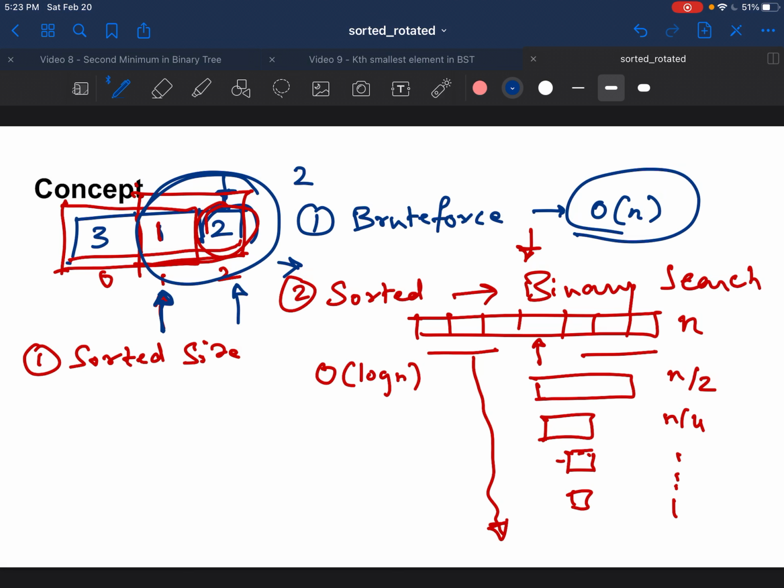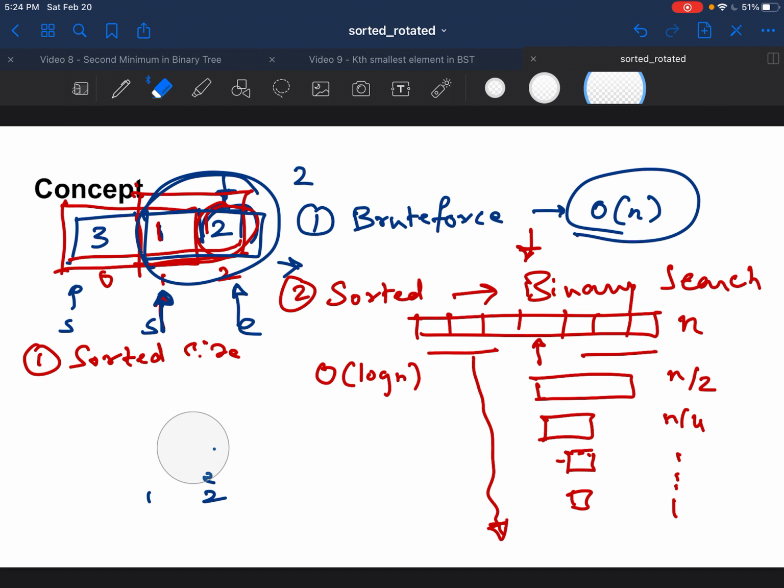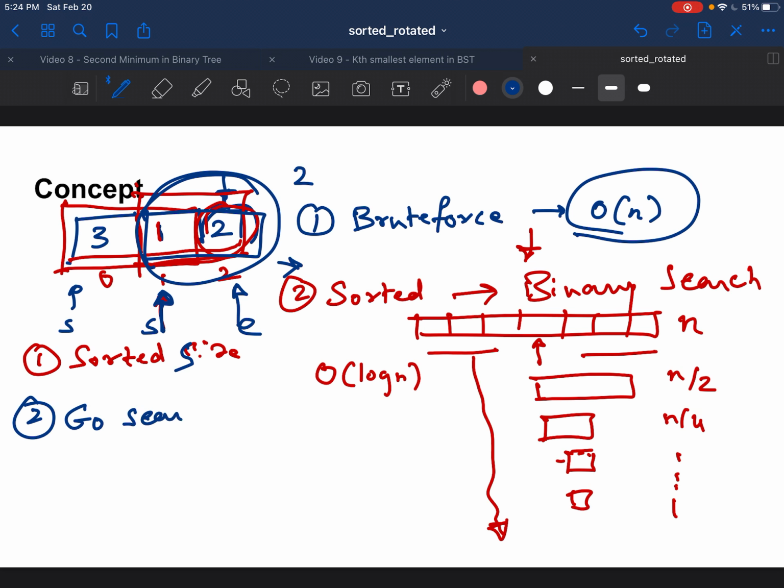So if I'm looking for 2, I clearly know 2 is within this side, and I can move my start pointer, which was originally here, to the other side and search within this space now, which is 1 and 2. My start pointer would be at index 1, end pointer would be at index 2, and I'd eventually come to 2. So if the idea is clear, what we are trying to do here is, first, find the sorted side. Step 2 would be to search through the sorted side,